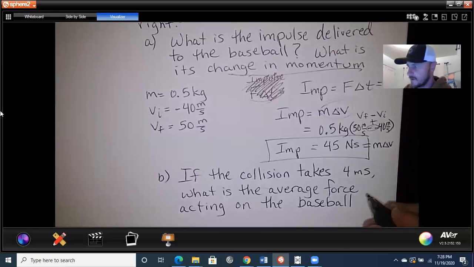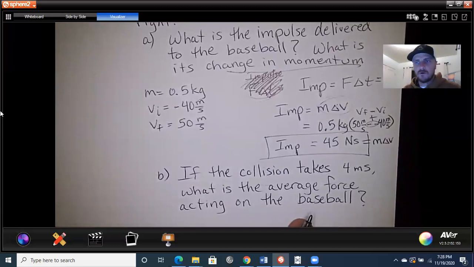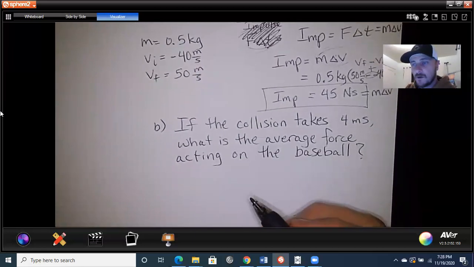Now we know that force is all over the place. When the bat first hits the ball, it's barely exerting a force. Then all of a sudden, in a very short time, there's this spike in the force. And then as the ball leaves the bat, that spike comes back down to 0 newtons. So there's this huge change in force, this fluctuation that happens. But through that fluctuation, what's the average, right? And that's what we're looking for. Let's find the average of that spike that occurs. Well, that's not too hard to do.